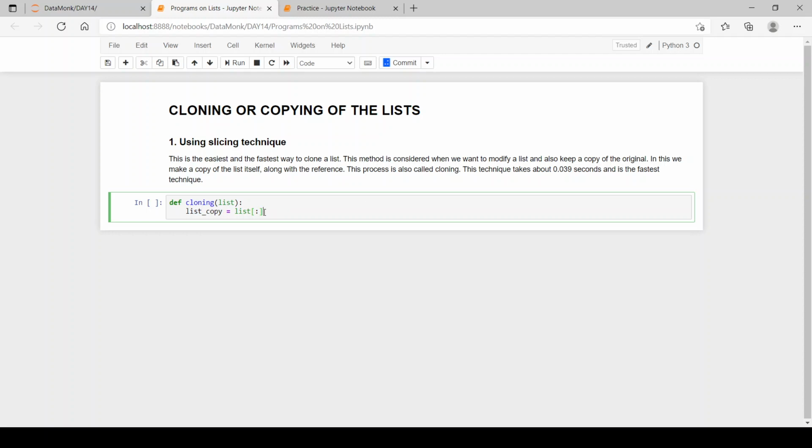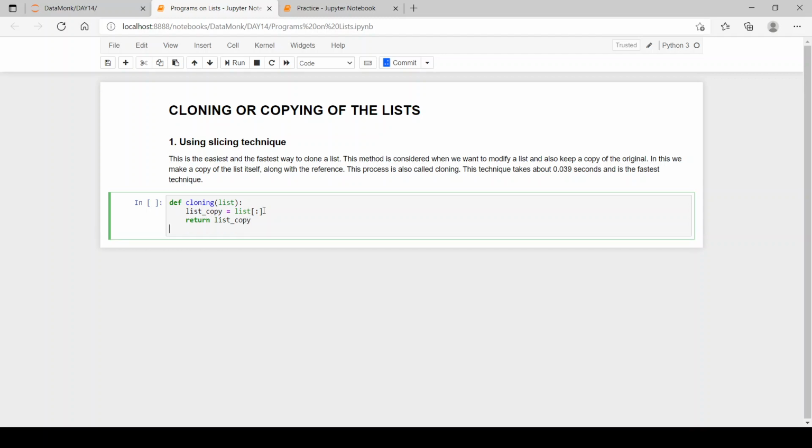What this statement does is that list_copy will have all the elements from the list. The colon represents that we want all the elements from the list, and if we do not specify any starting and ending index, that means we want the full list and not any part of it. So we'll return list_copy, and that's all from the function.